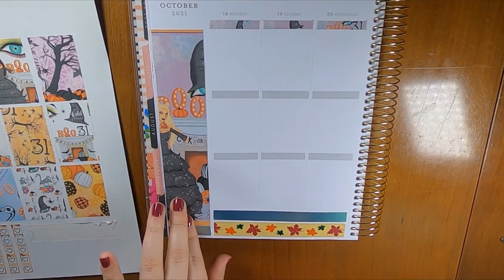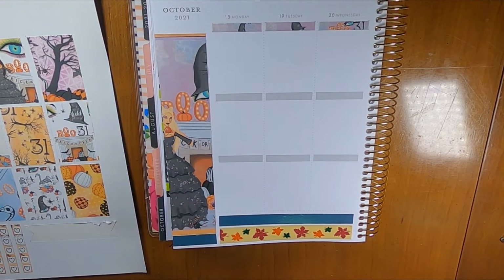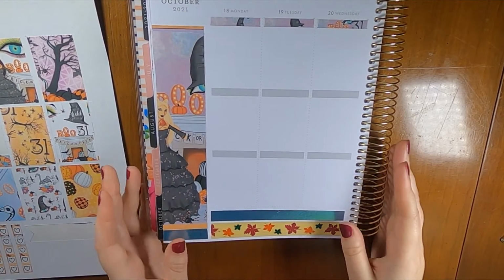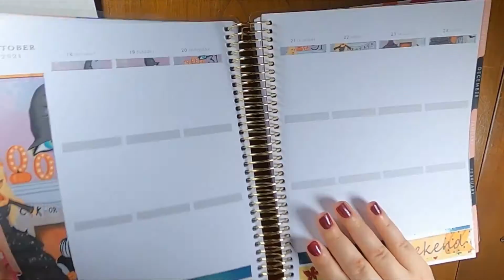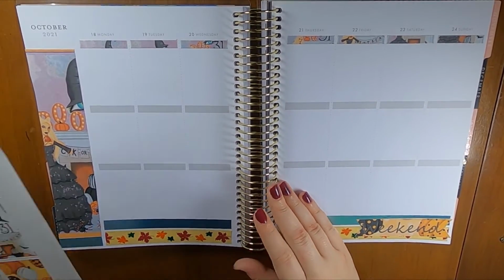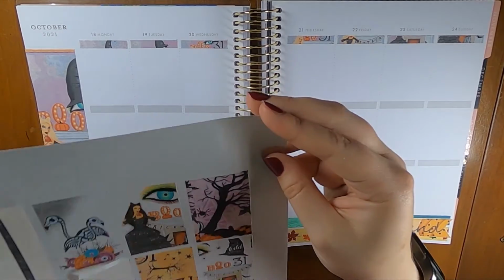Obviously not functional. Although there is enough space here, you could add like a habit tracker or something if you wanted to. I don't really care. It's not like critical to me that I have that functionality. So I'm just going to leave it. And then we're going to do the full boxes. So I think my plan,